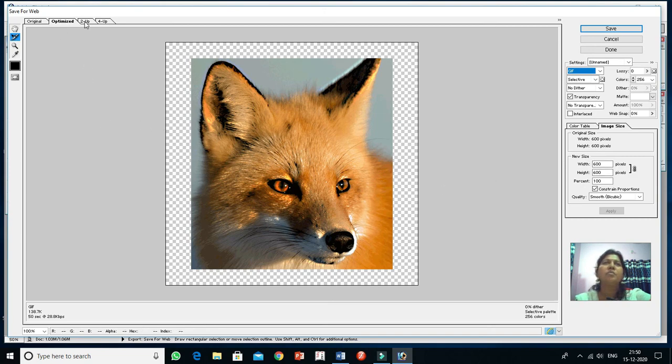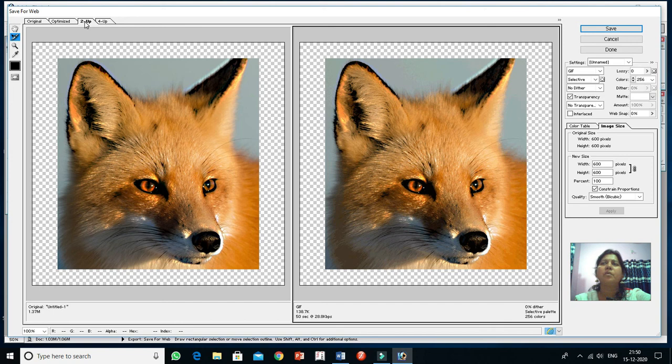Okay, and if you move to 2-Up, now these two formats are displayed. Original is this one, and this is the GIF format. Suppose here also I am selecting GIF. Okay, now 4-Up.